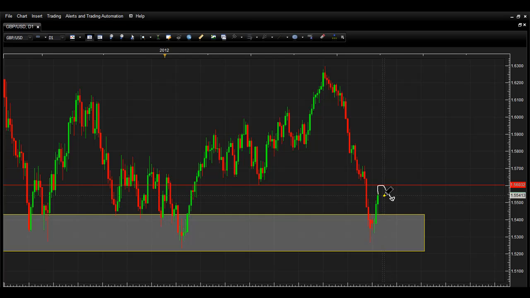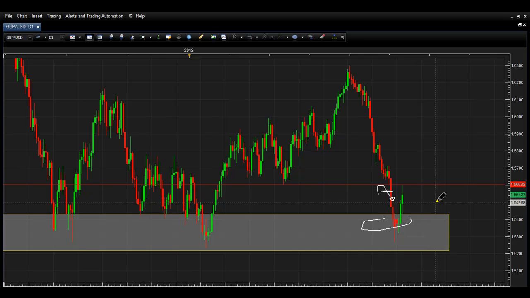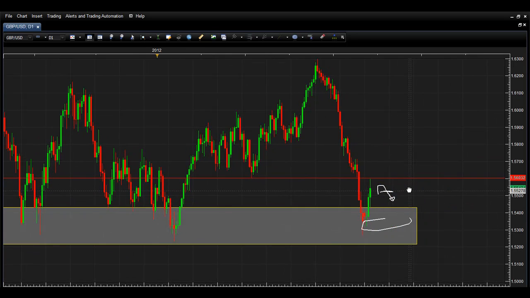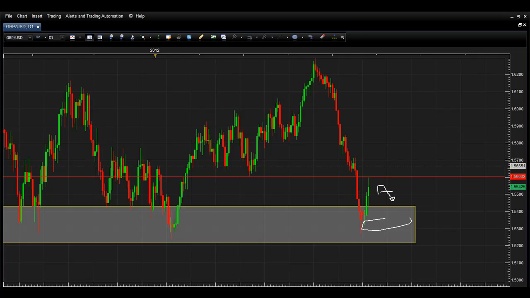If it does that, the ideal situation would be to have as tight a stop as possible, because your profit potential into the zone is not very long. It's not very many pips just to get back into here. Excuse my little drawing error there. So we don't have a lot of room for